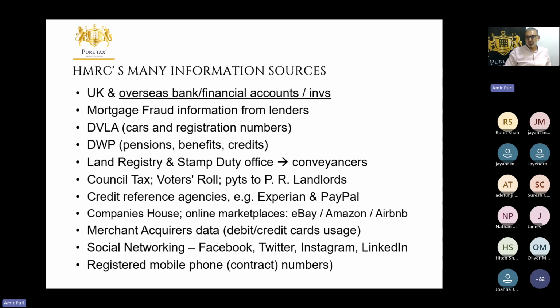Your Booking.com, Zoopla, Rightmove, Gumtree are on there. Property registers from UAE have been coming in almost annually for a number of years now as well. And there are lots of other information, but I won't go into that. I don't want to bore you today, but you get the point. This is 30 to 40 databases coming in all the time, but data is also bought or shared with HMRC ad hoc, which makes its way here as well.